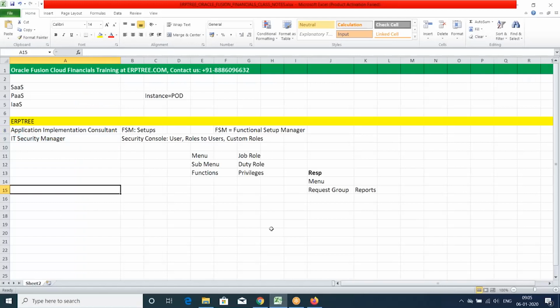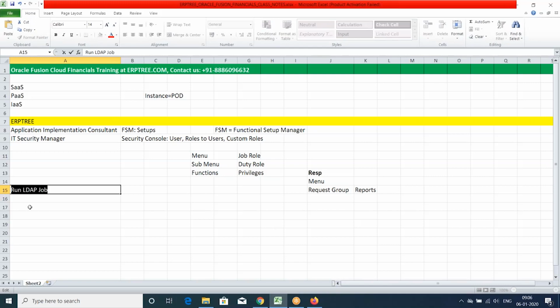And in the Fusion applications, when you do this activity, what Oracle is recommending is we have to run one job called the LDAP job. In EBS, the request, in Fusion we call a job. In EBS we have a request and request set. In Fusion we have a job and job set. They just changed the name. So after completing this activity, we have to run the LDAP job, which is nothing but a request or program.